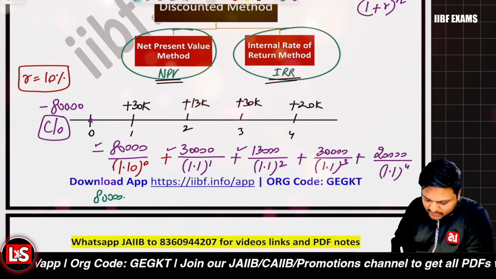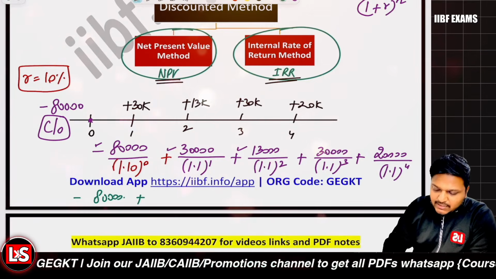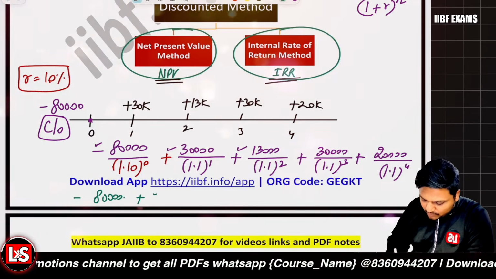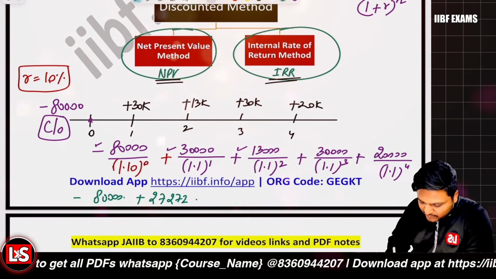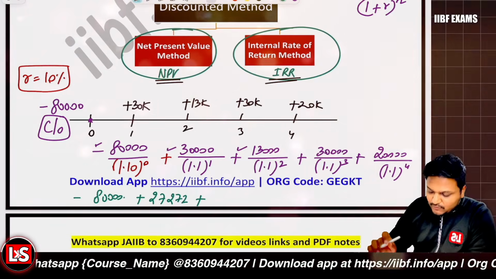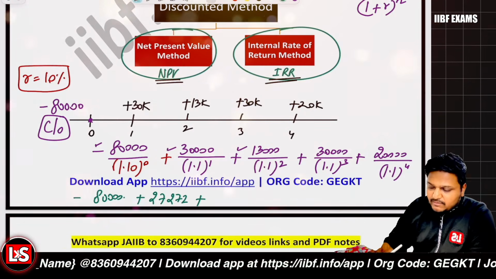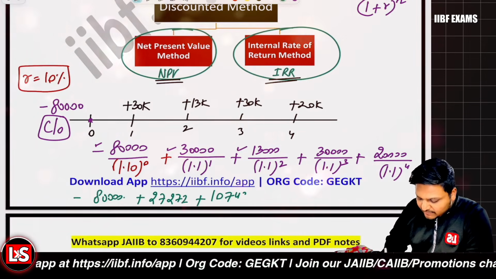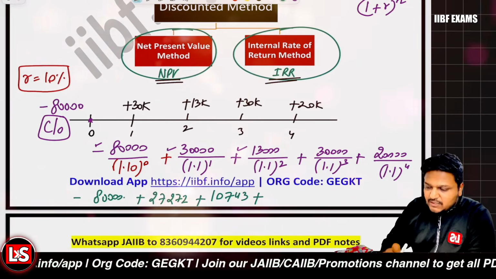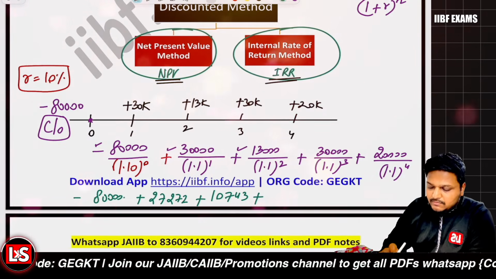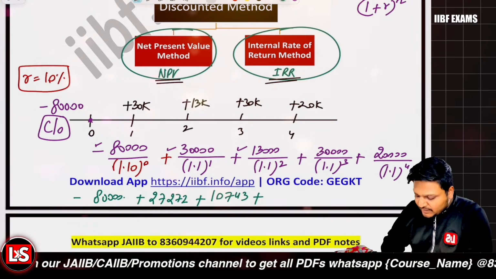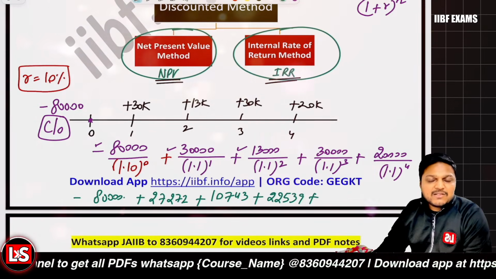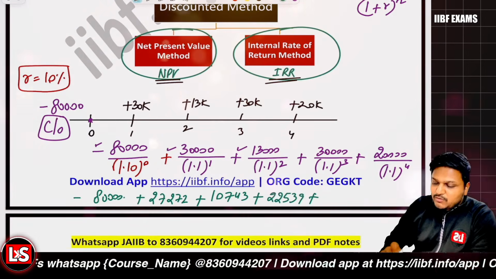So it is negative 80,000 as it is, plus 30,000 divided by 1.1, that is 27,272. For the second year, it is 13,000 divided by 1.1 squared, that is 10,743. For the third year, it is 30,000 divided by 1.1 cubed, that is 22,539. The value is reduced; 30,000 is reduced to 22,539. Discounting means we are considering the time value of money. And the last one is 20,000 divided by 1.1 to the power 4,